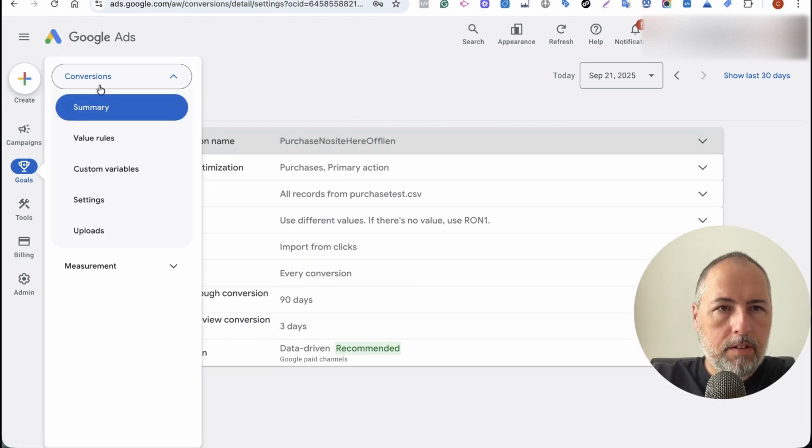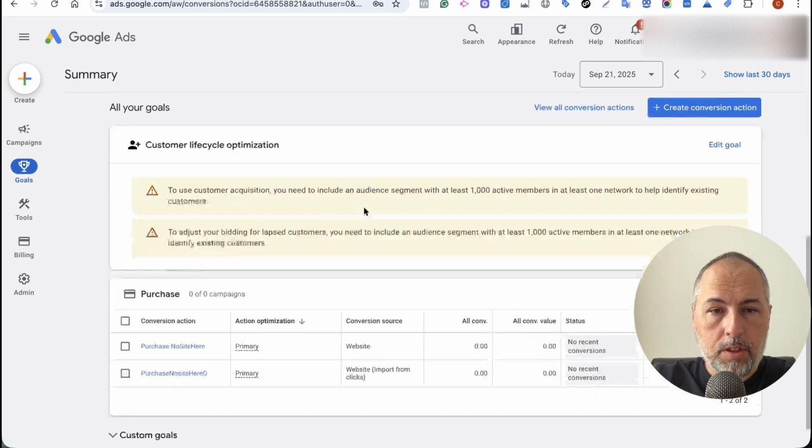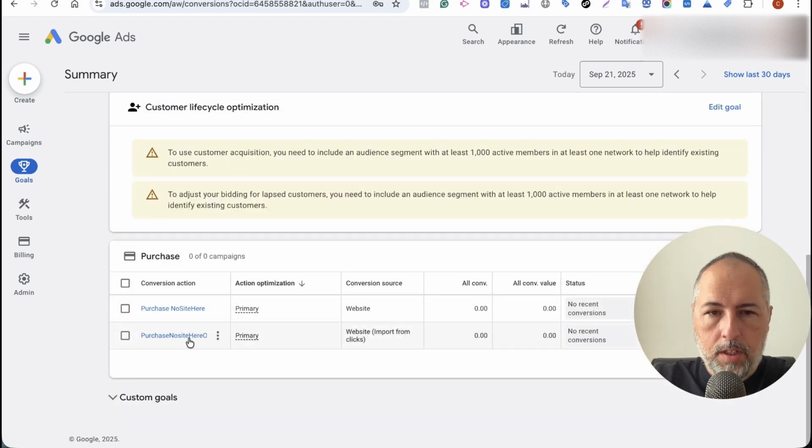So now I have this task, this conversion here. This is the one that I made. No recent conversions because there is no conversion data, but Google will import the data from my file hosted on the website, and will match everything based on Google Click Identifier or username. But now I want to send,